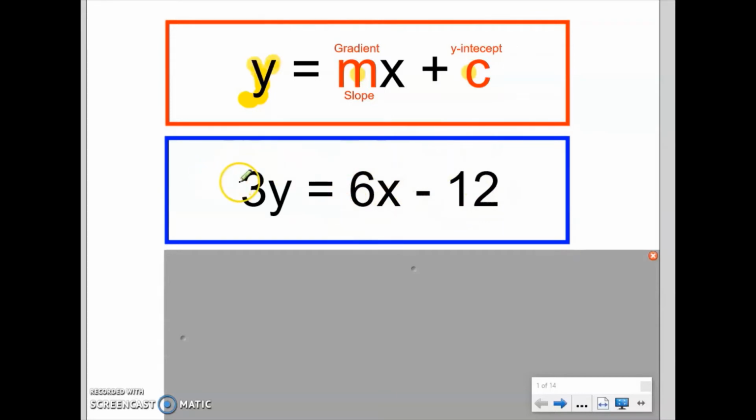However, this equation of the straight line is not yet in the correct form. We want it in this form when we're just dealing with one y. We're currently dealing with three y's. So I'm just going to manipulate this bit of algebra slightly. I'm going to divide everything by 3, because that will divide the 3y by 3, which will leave me with a singular y. So I'm going to divide everything by 3 to be left with y equals 2x minus 4. Once that is done,